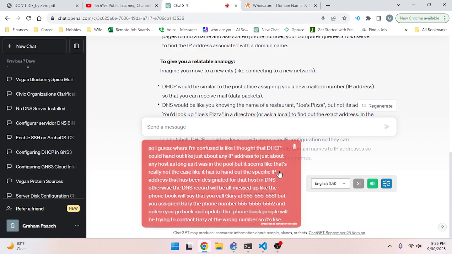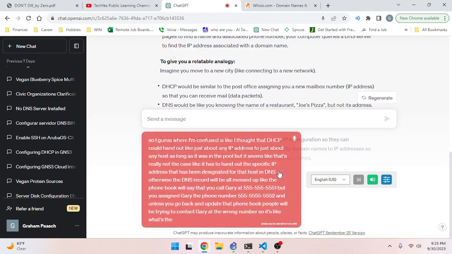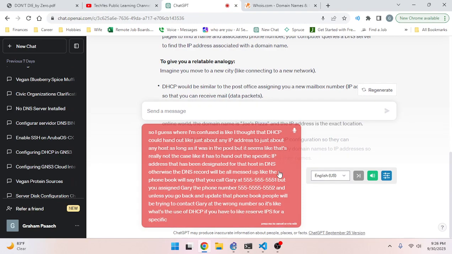So what's the use of DHCP if you have to reserve IPs for specific hosts and you can't just give somebody any IP